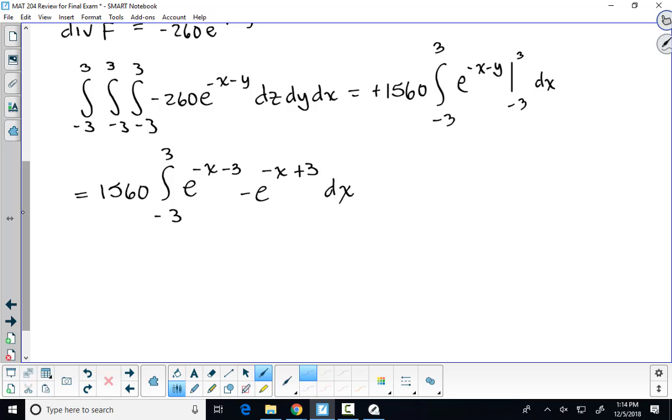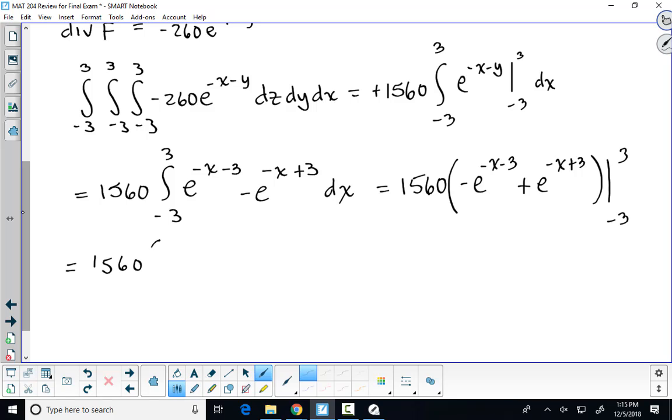Okay, so now we just integrate with respect to x. We have a function of just x, so that's pretty straightforward. We're going to end up with 1560 multiplied by, integral of that is going to be itself divided by -1, so negative e to the negative x minus 3. And then this will be positive e to the negative x plus 3, and that will be -3 to 3. So then we have